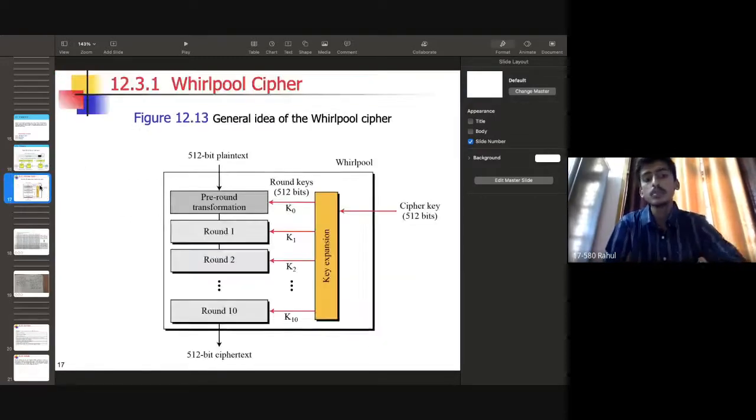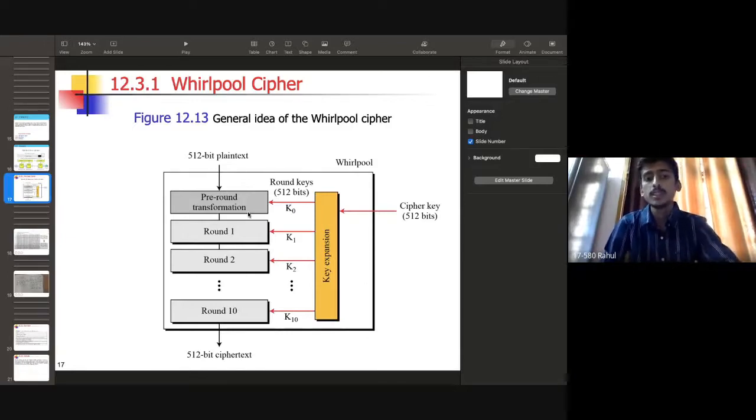In the encryption process, we have 10 rounds, whereas in SHA-512, we have 80 rounds. The only difference is that there we have 80 rounds, and here we have 10 rounds. You can see in the PPT. Initially, from the message block, you get the plain text, and from the key expansion on the left side, you have a cipher key, and in each round, it generates a specific key. For example, for round one, it generates K1. For round two, it generates K2, and for round 10, it generates K10.